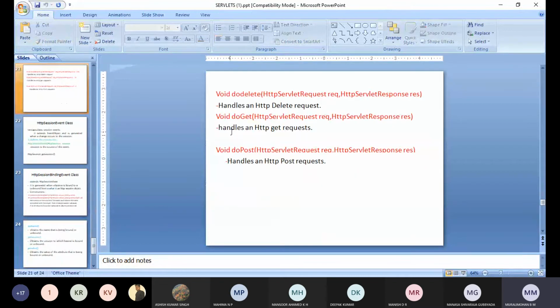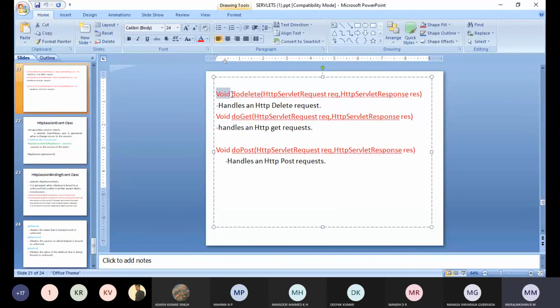Next, void doDelete. This handles the HTTP delete request. Next, doGet, which likewise takes the request and the response.